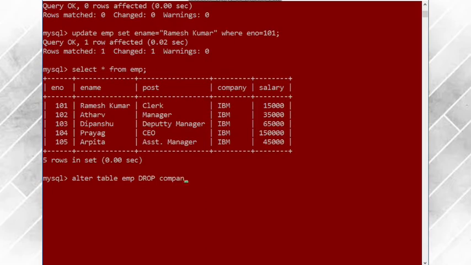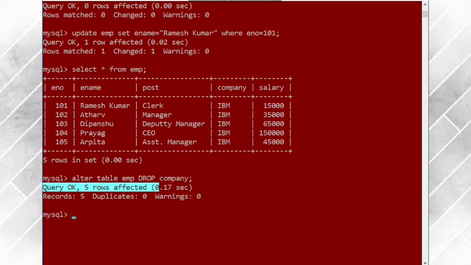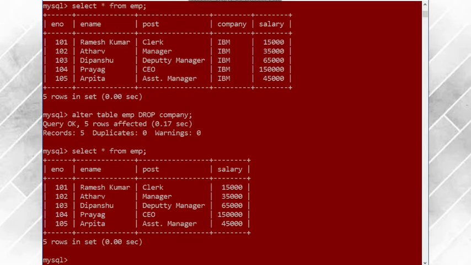Simply write it, and it says query OK, 5 rows affected. It means these 5 rows have been affected because the column has been deleted. Let us see again, select asterisk from employee. You can see the column company has been deleted here.